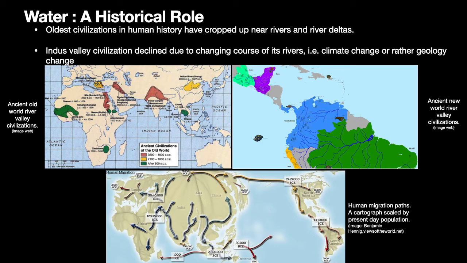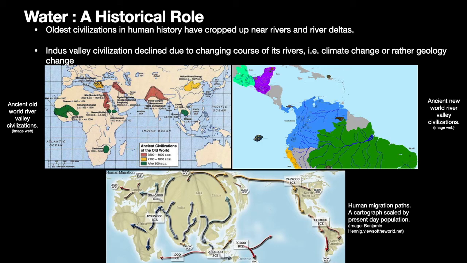Similarly, we had the Fertile Crescent coming up along the Tigris and the Euphrates rivers. And to the east, we had the Indus Valley civilization coming up along the Indus River as well as along the Gangetic Plains. And further to the east, we had the ancient Shang civilization cropping up along the Yellow River and its delta. Similarly, closer to the US, we had ancient New World civilizations like the Aztecs, the Mayas, and the Incas. So, as you can see, rivers, river tributaries and river deltas have played a major role in